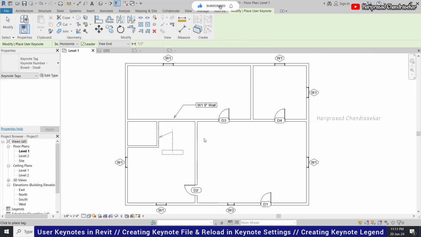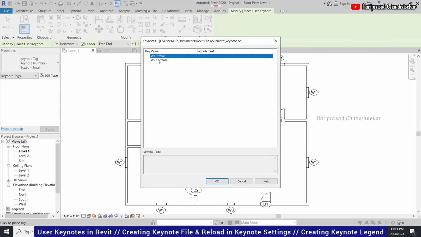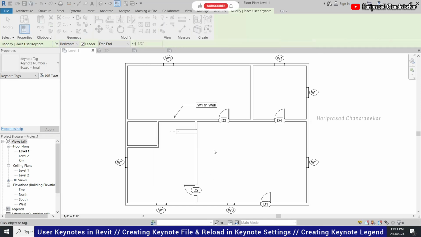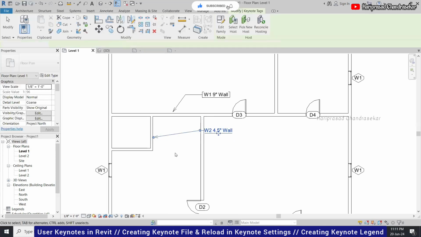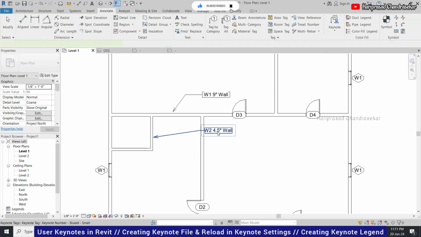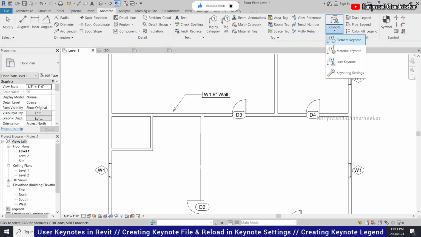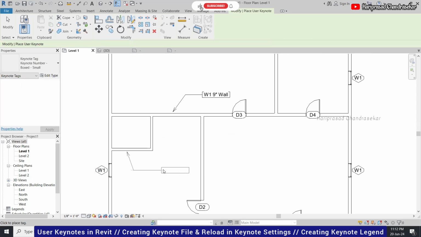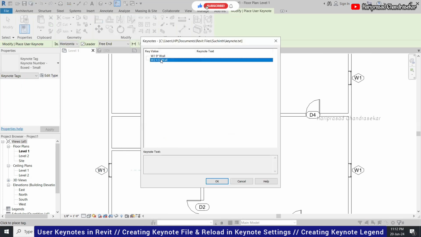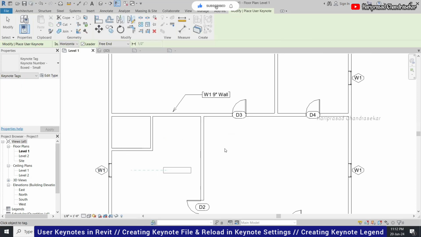You can just put only two, or we can make any number of lines. See, the thing is it was a separate wall like we did, right? So just a minute. So keynote. Okay, this is a W2. You can see W2 is coming.